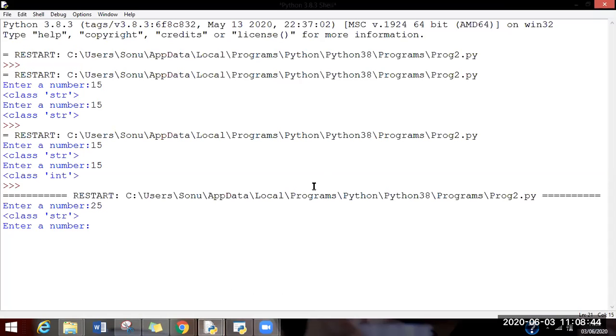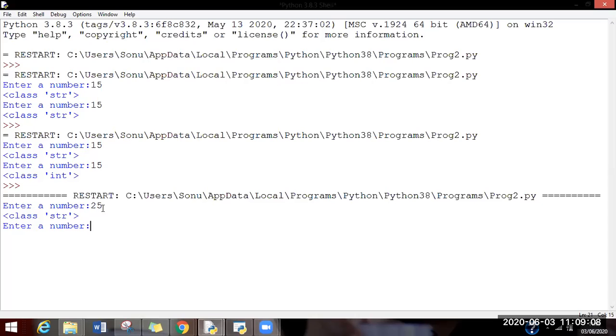Why is it still a str when we enter a numeric value? Because this is how the input function works. The input function is able to process all characters, be it alphabet, be it a digit, or be it any other special character. Because it has this special functionality to process all these values, it by default takes all the input values as a string value.